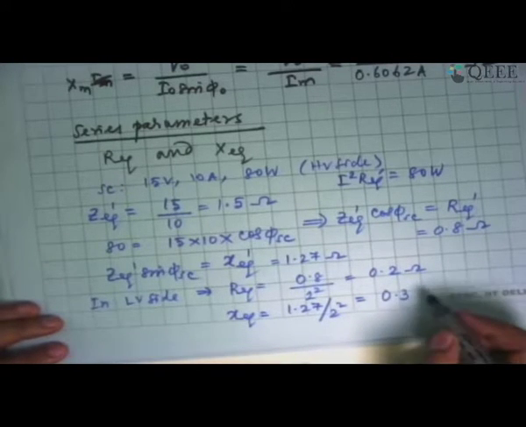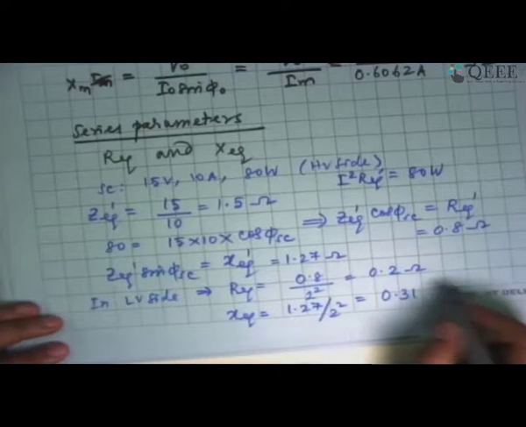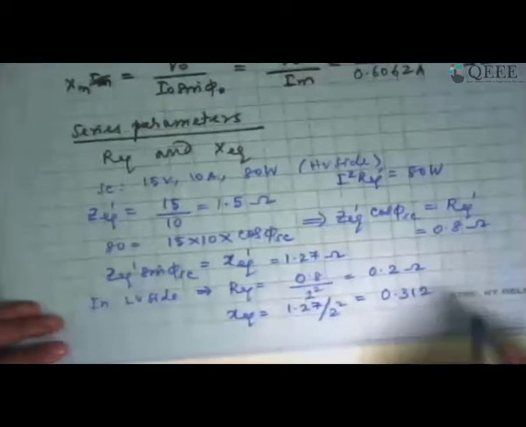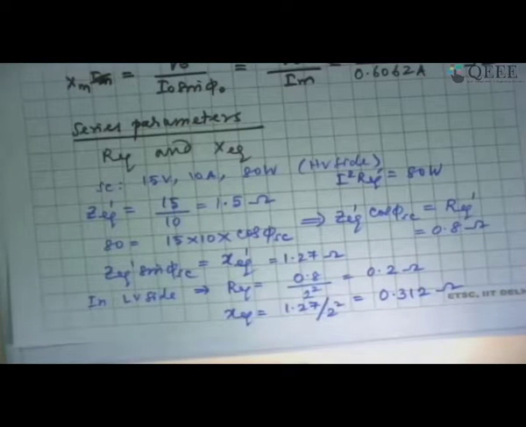So 0.3, 1 and 10 by 4. So that is 312 ohm, something like this. Am I right? 317, is it? Okay, maybe I have made some calculation mistake. So this is pretty simple, not a problem.